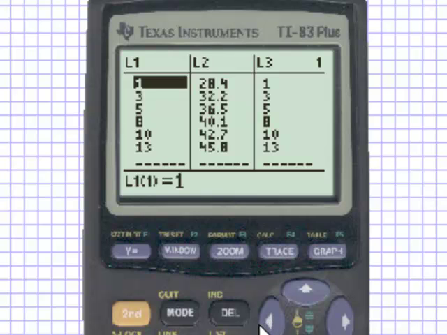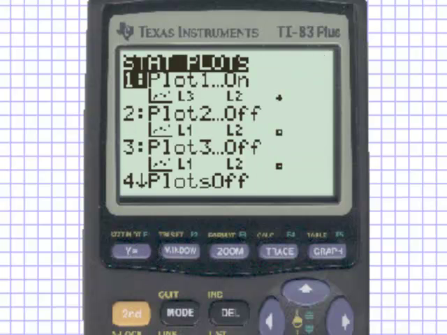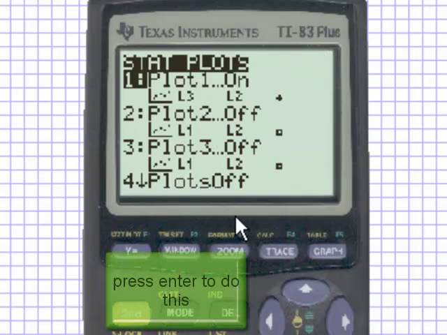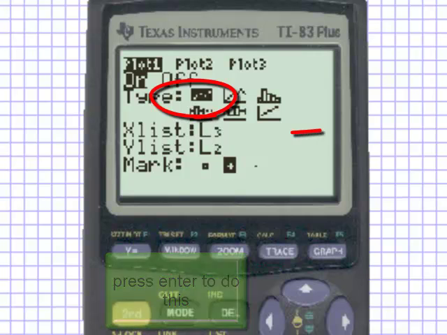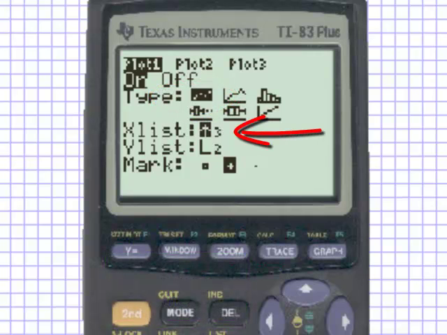First of all, if you want to see this graphically, you're going to have to put these items in a stat plot. Assuming that you're probably familiar with this, but just in case, it's second function button and then Y. And then I want to turn a plot on. And I want it to be a scatter diagram, and the X list is going to be list 1, so second function 1, and then the Y list is already listed as list 2. And I'll hit enter,